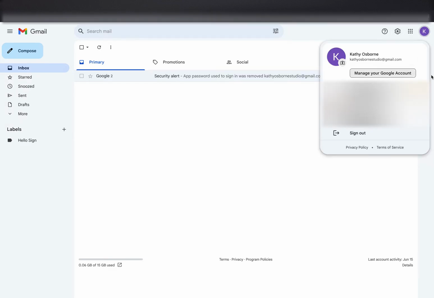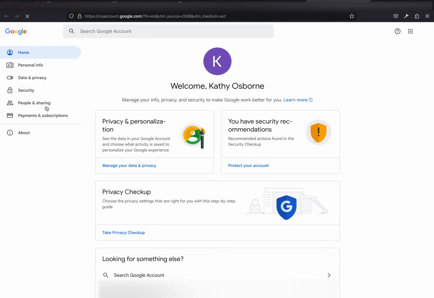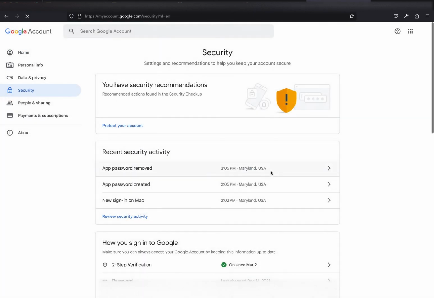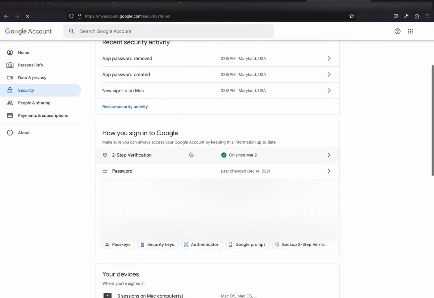name or user profile picture and click on Manage Your Google Account. On the left-hand side, you'll click on Security, and you'll scroll down to how you sign into Google. You're going to have two-step verification turned on for this to be able to work. So we'll click on two-step verification,